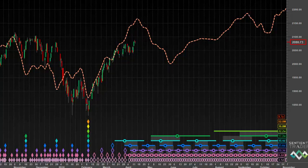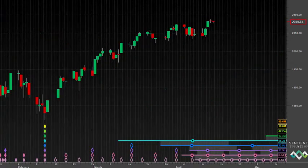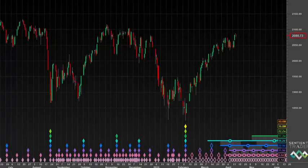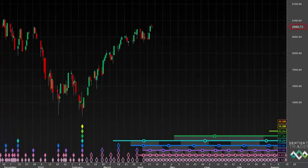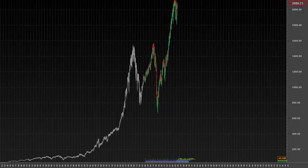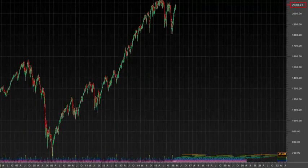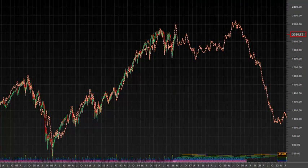Let's take a quick look at the other analysis we've been looking at, which is the 18-month cycle trough in February. And let me just zoom back to a sensible level, let me just reset this before I step through 100 zoom levels. Okay, and so there we have it. And let's display our composite model line. Now the composite model line for this shows a slightly different picture,